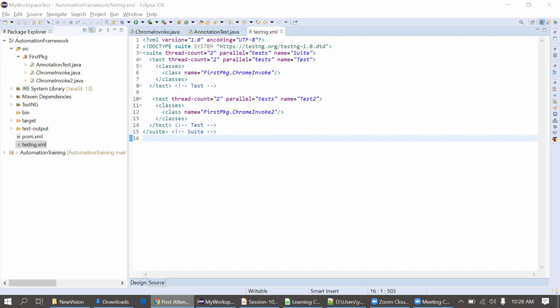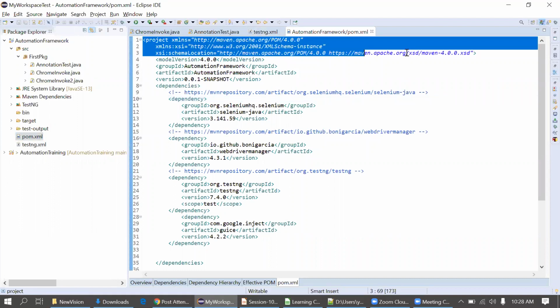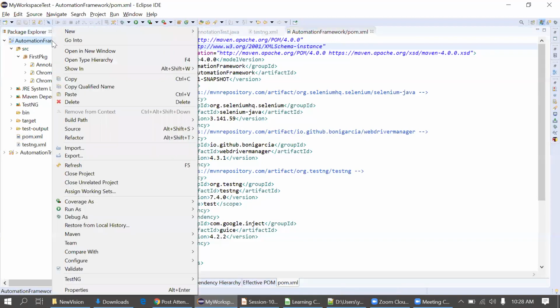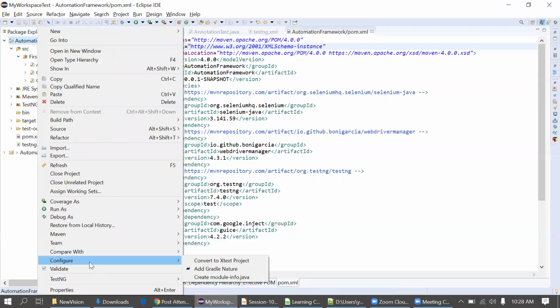Okay. One question from Ritesh: can we create a pom.xml manually, just like testng.xml? We can create it, but it might result in some issues. You can see this option. This you should memorize. Instead of that, you can convert your own project by using this option: right click on the project, then configure, and convert to Maven project.